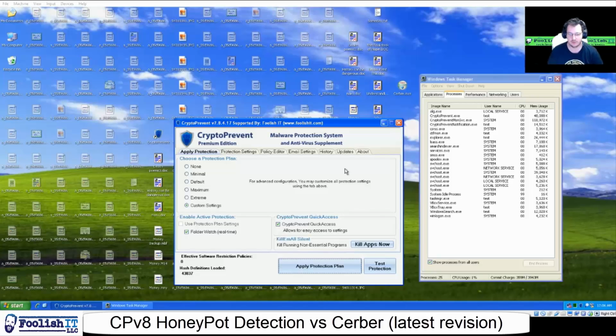Here is another demonstration of the Folder Watch HoneyPot Detection feature with the new CryptoPrevent version 8, which is still in beta currently. But we have a new version that came out today, 7.8.4.17, and we're going to put it up against the latest update to the Cerber ransomware, which has made some changes. Their extension is no longer Cerber number; it's going to be a random 4-letter extension, and they're using a new HTA file for their ransom note and different things like that. So we're going to put it up against this and see if it gets any files